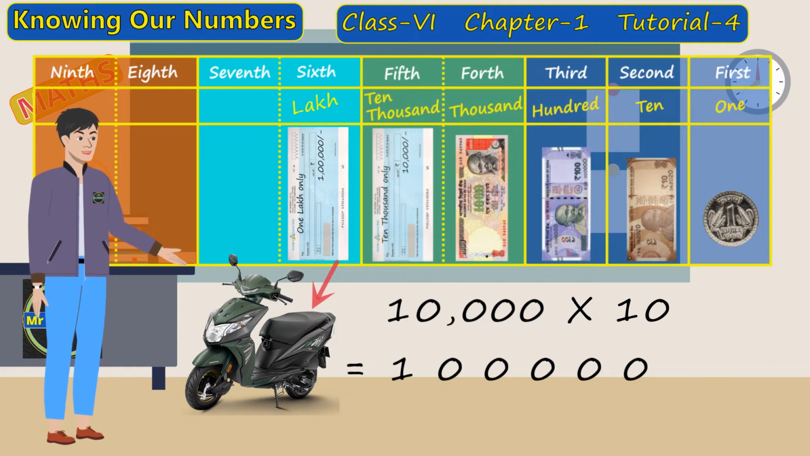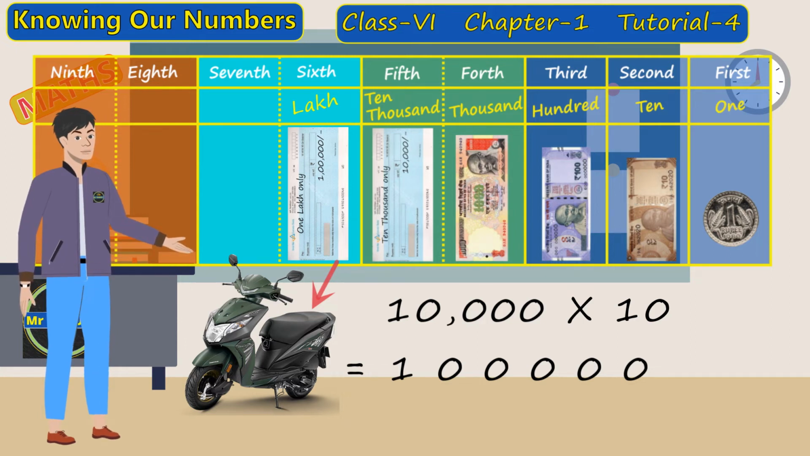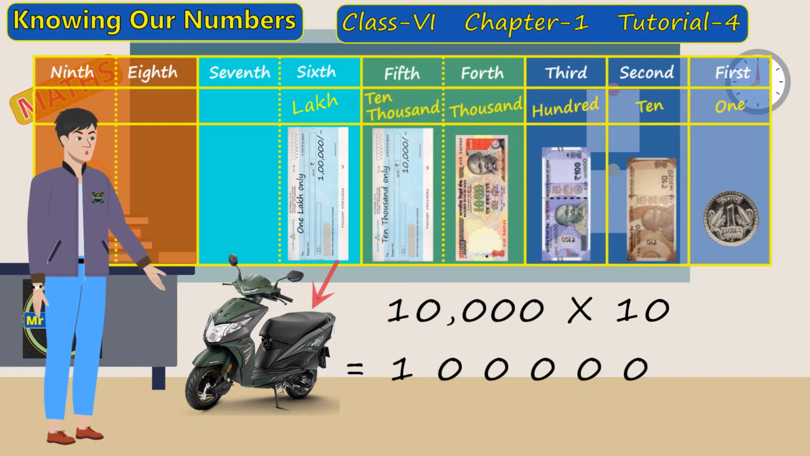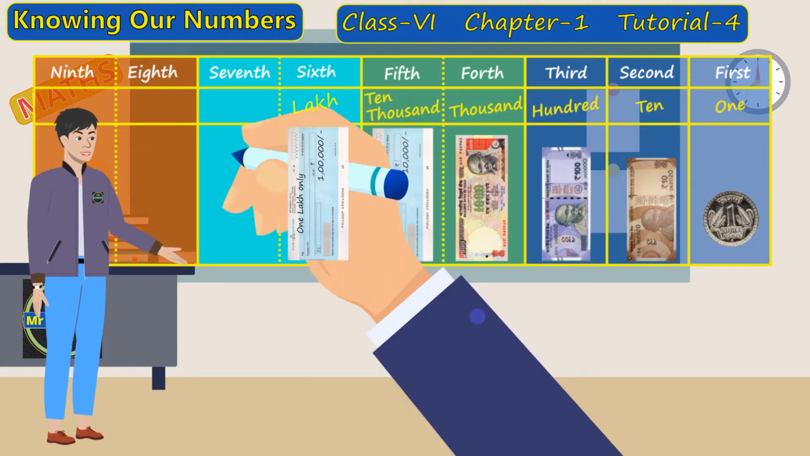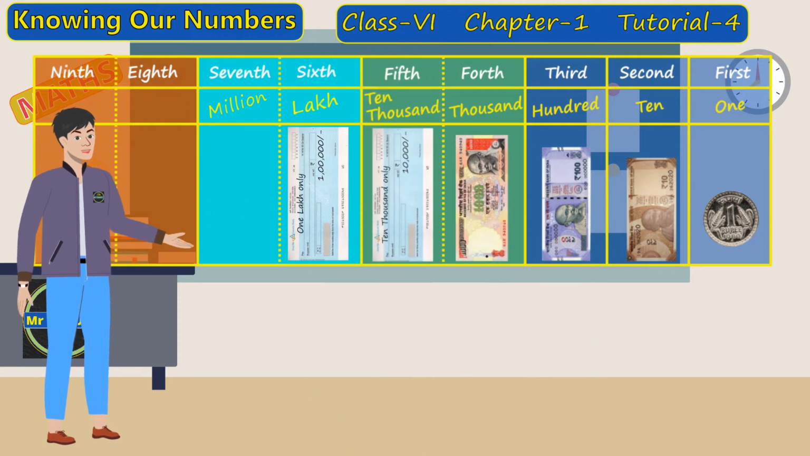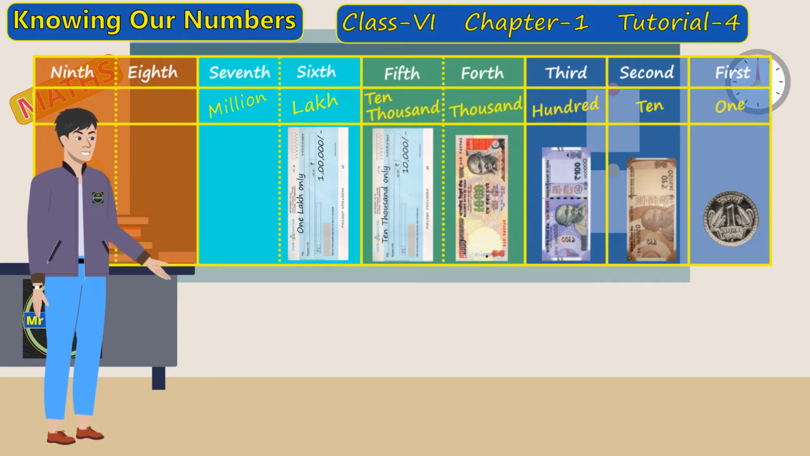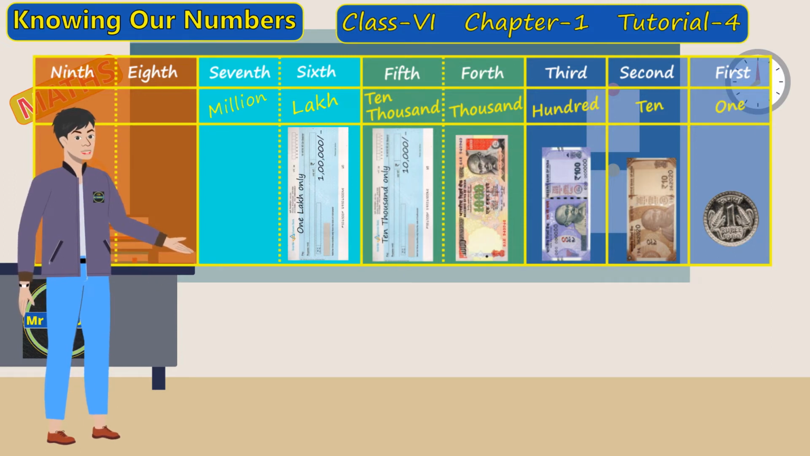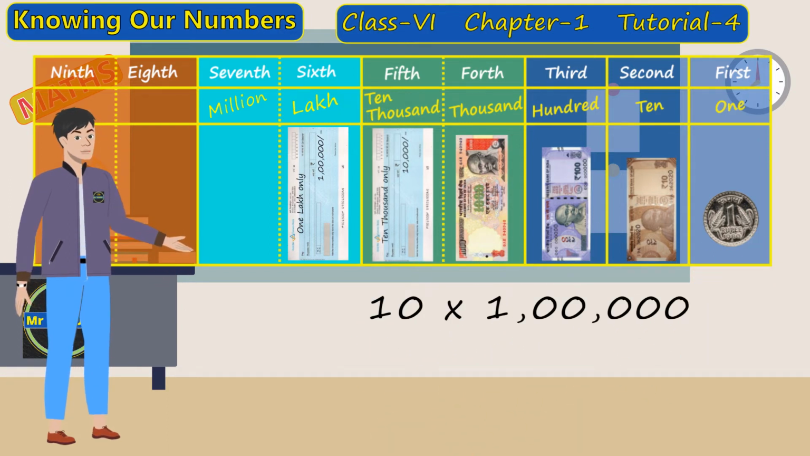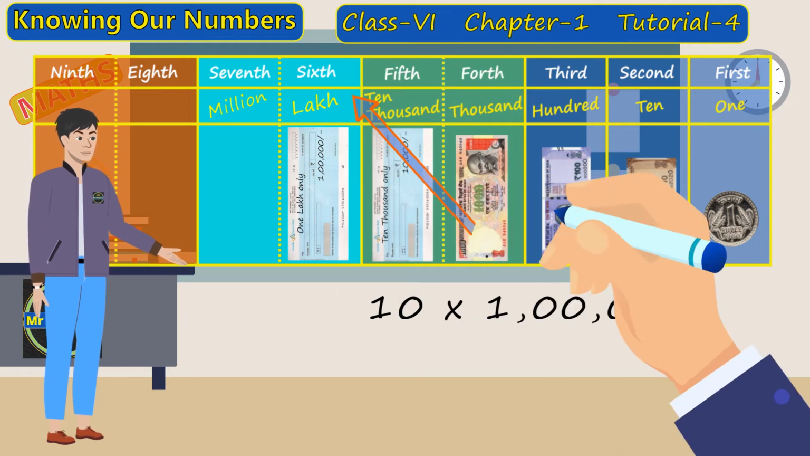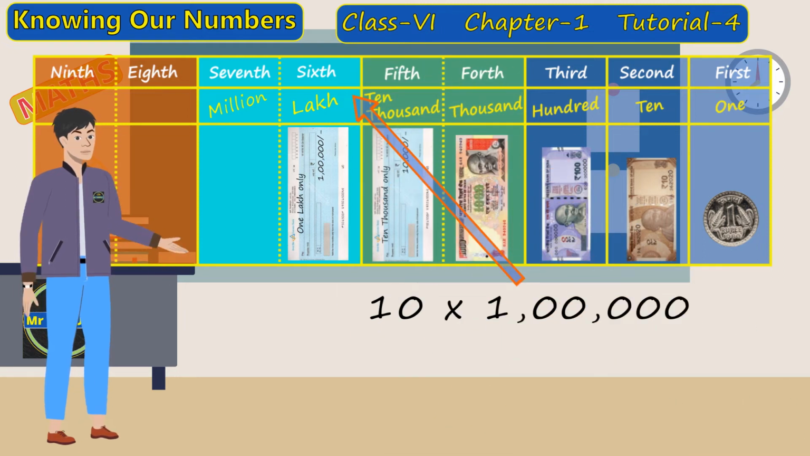Next we shall determine the place value of the seventh position. In the Indian method of naming numbers, we do not have a unique name for the seventh position. But in the international method of naming numbers, the seventh position is called million, which we shall learn in the next tutorial. In this tutorial we are learning the Indian method of naming numbers. To determine the place value of the seventh position, we shall solve the multiplication, 10 times 1 lakh. 1 lakh, as we know, is the place value of the sixth position. Answer to 10 times 1 lakh is a 7-digit number,